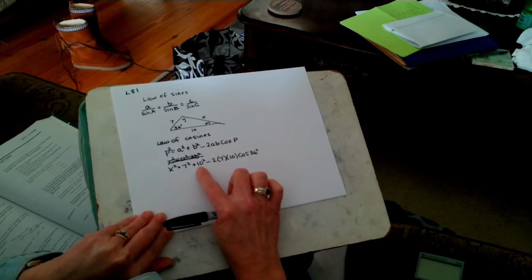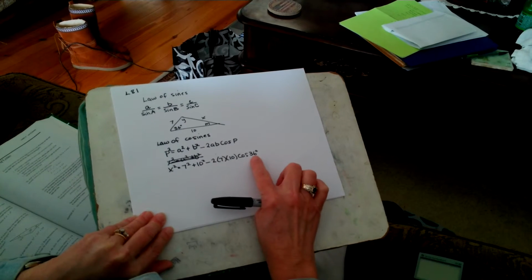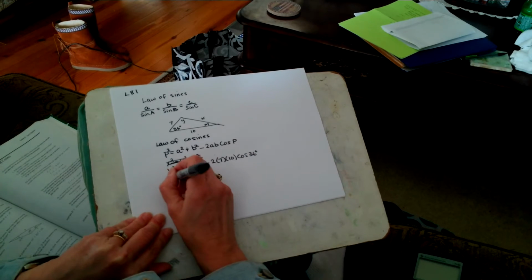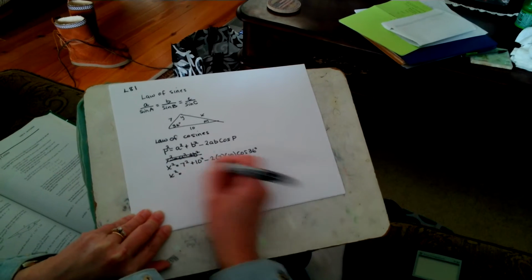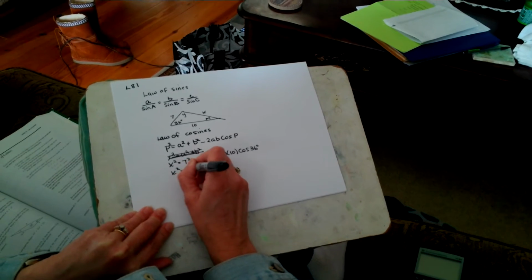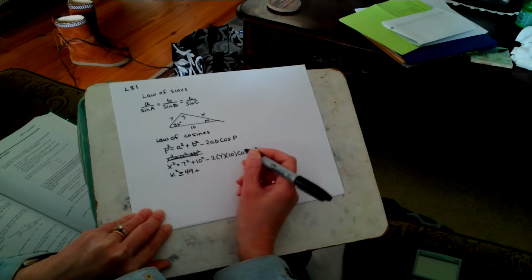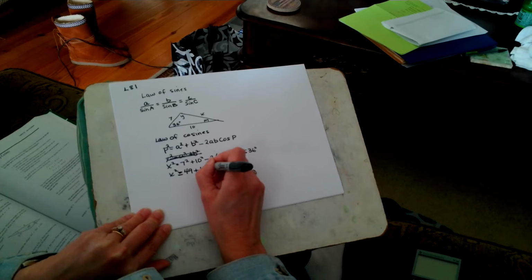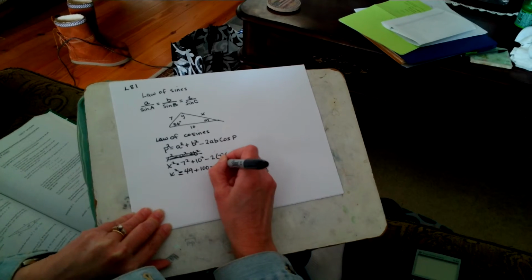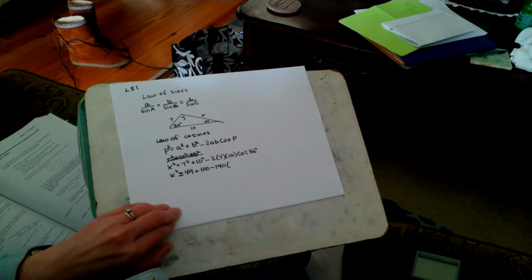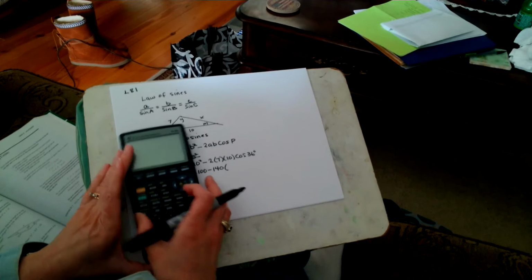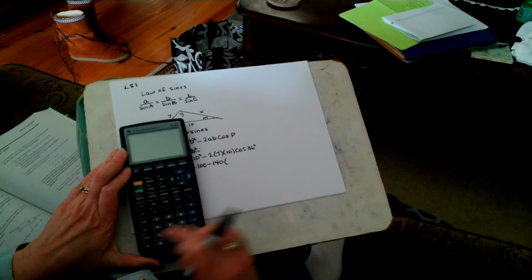The two sides make up the angle. So x squared is equal to 7 times 7 is 49 plus 10 times 10 is 100 minus 140 times, I'll get my calculator here,